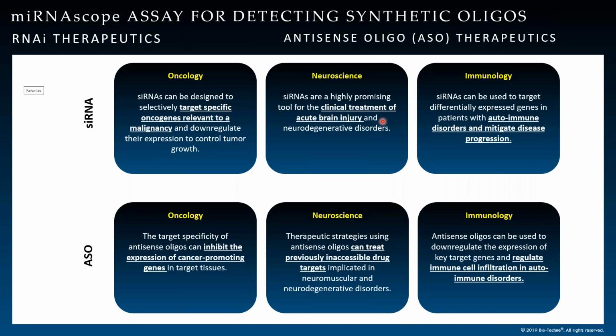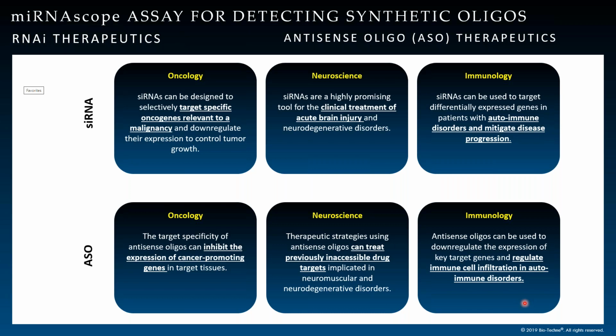In neuroscience, specifically to treat targets associated with acute brain injuries, and in immunology to mitigate autoimmune disease progression. Similarly, antisense oligo-based therapies have been developed for mitigating expression of cancer-promoting genes, for targeting inaccessible drug targets in neuroscience research, and again for autoimmune therapies in immunology